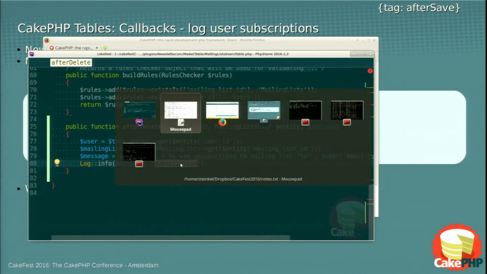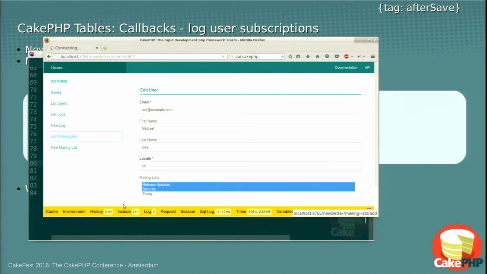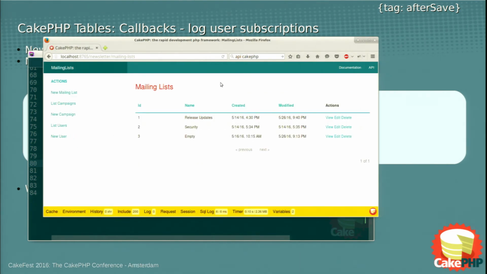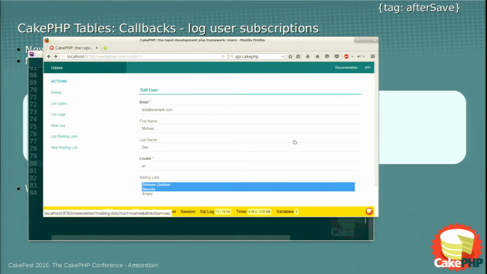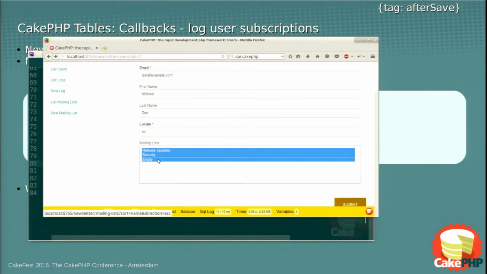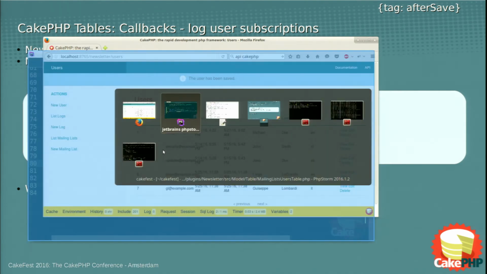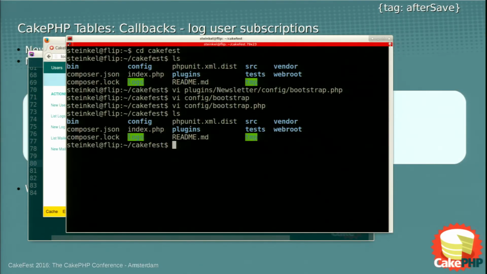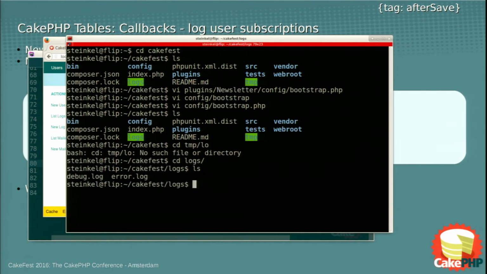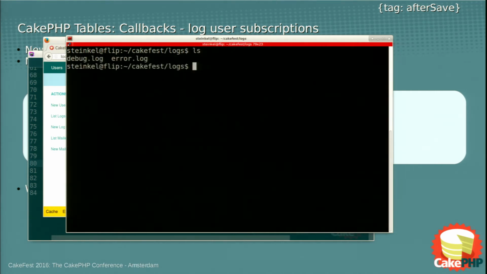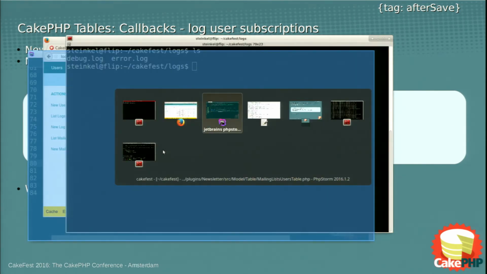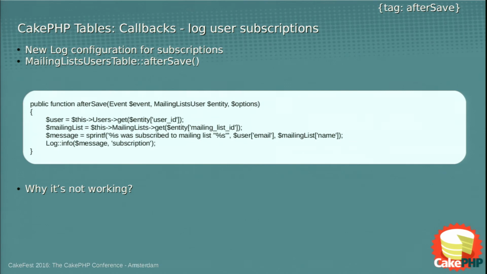Okay. This is not going to work. Sorry for not being optimistic here. So if I add here on users, if I add a new mailing list like this, I'm not going to get it run. Because why? You know the reason? Well, the reason is